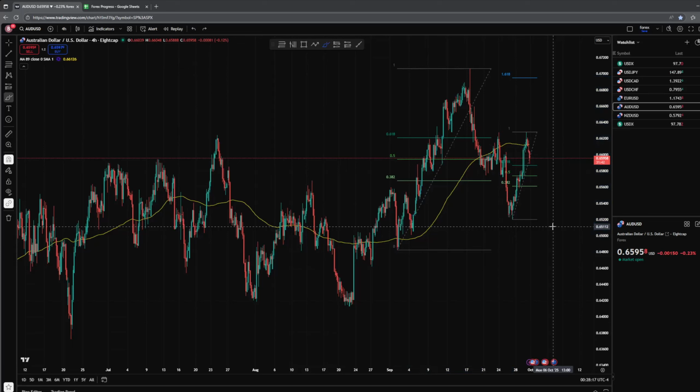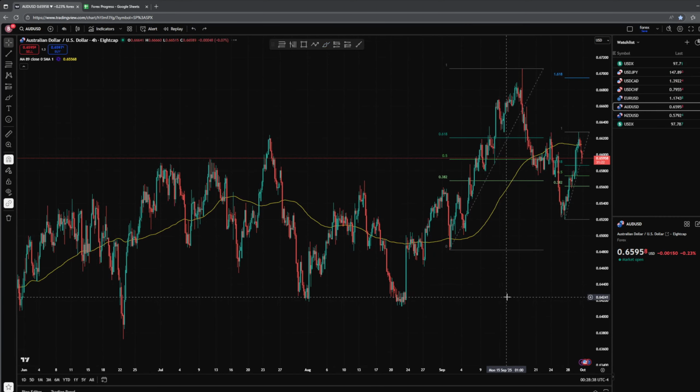So at this point, USD Swiss franc, Euro USD, and Aussie, they all equally represent good opportunities to sell USD. So at this point, it's really up to you. For me, Euro USD is my favorite because it seems to be more stable. So okay, let's write it